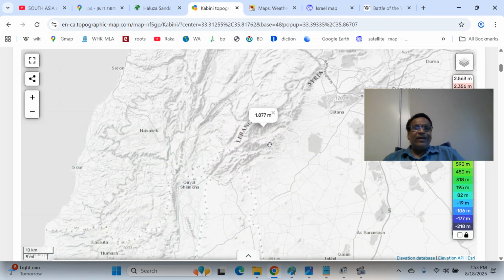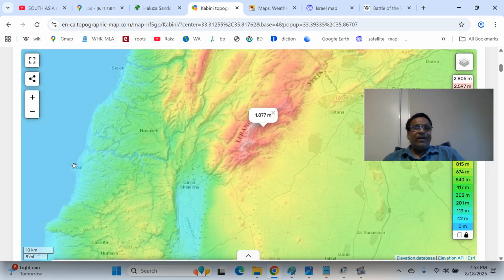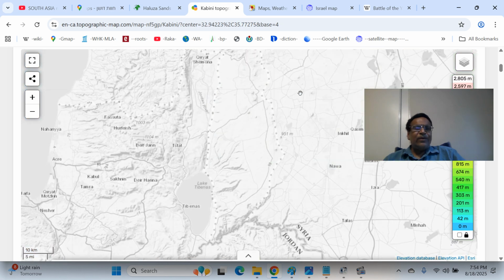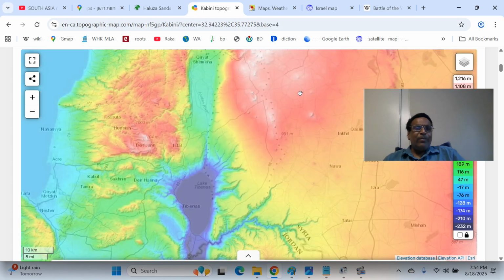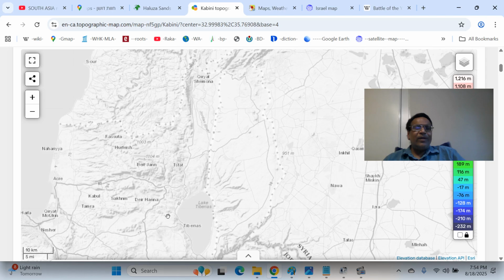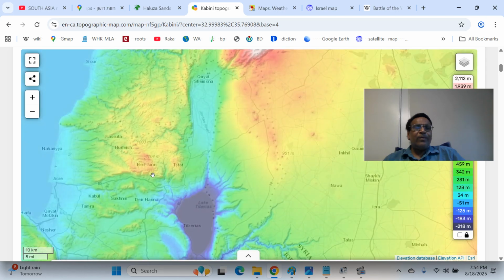You can see the Bekaa Valley in Lebanon, and this is the Litani River, and this is the anti-Lebanon mountains, Lebanon mountains. You can see around about 1800 or so meters. This is the Mount Hermon. Even I think it should be a little more, yeah, 2000. That means 2 kilometers above mean sea level. Whereas if you compare Mount Meron, that will be only a little more than a kilometer or so. Mount Meron should be in this area.